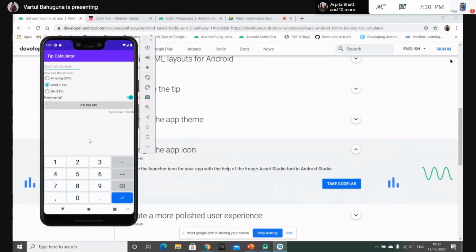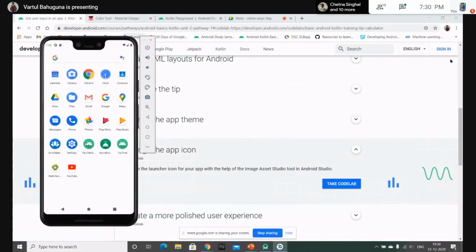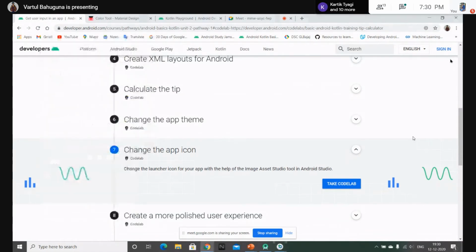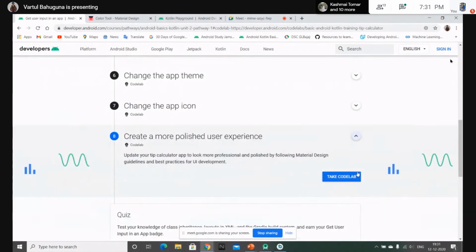As you can see, the app we just created just has a default icon provided by Android. But this code lab will tell you how to add an icon to this app. I will not be covering it in this session, so I request you all to go through this on your own. If you have problems, you can ask them in the group.